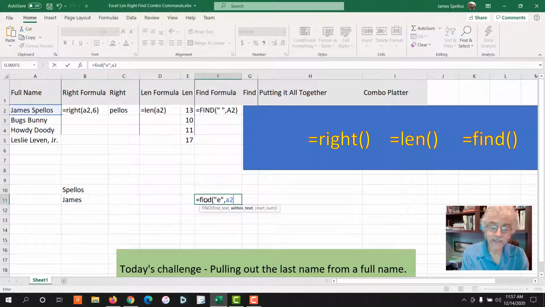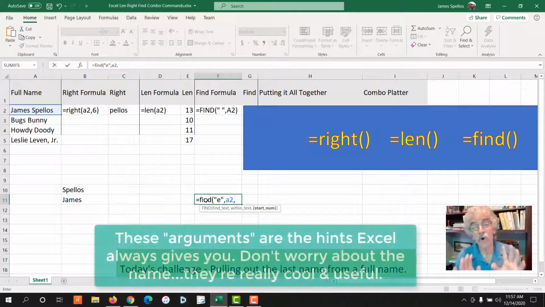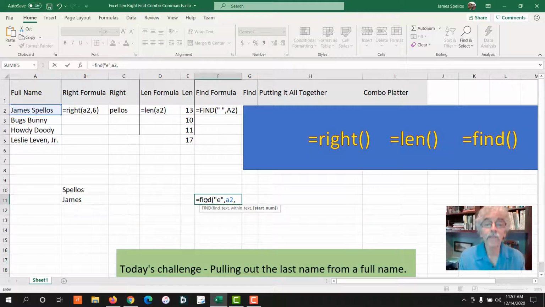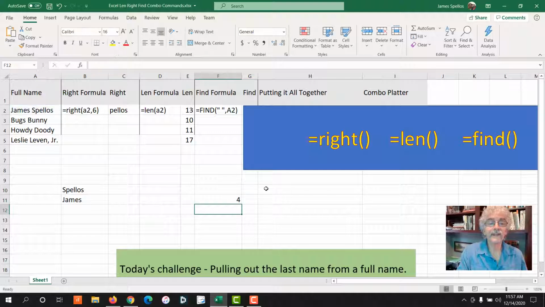And then, as you see the next argument, and yes, those are all called arguments, get over it. I know it doesn't make sense, but anytime you see these additional components, that's what Excel calls them, so never mind. Okay, so start number. Where do we want to start searching for it? By default, it starts at the first string, but you can get really creative with this. So if I said, okay, find E in A2, don't put that last comma there, close the parentheses, hit enter,